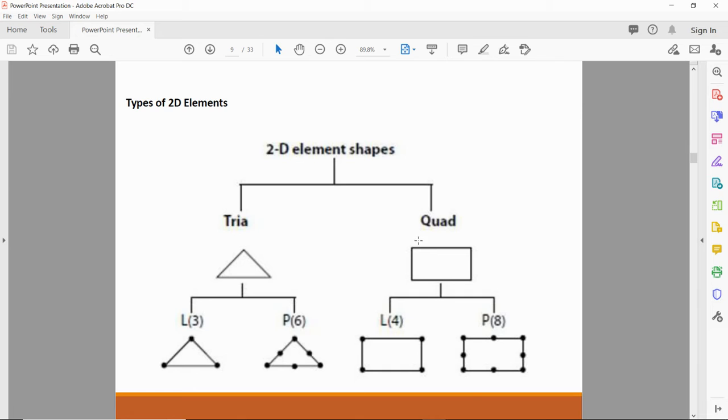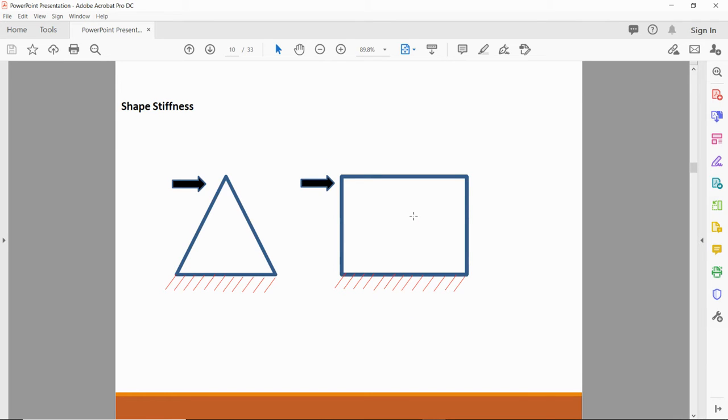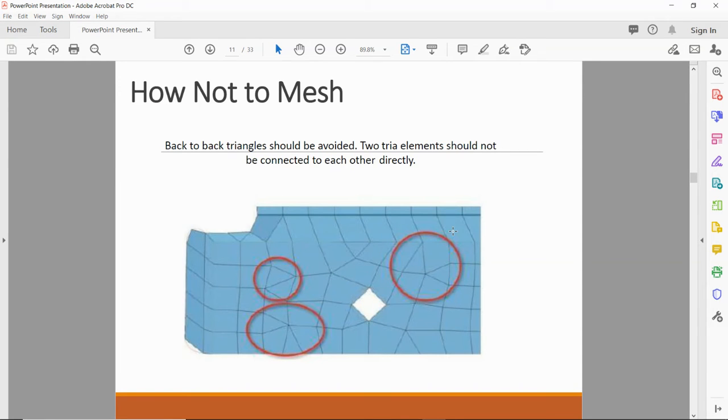So the quad mesh is considered better meshing at the professional level. This is the reason we try to mesh in quads. So how not to mesh? As I said earlier, the quad mesh is considered a good quality mesh. So back to back triangles should be avoided.